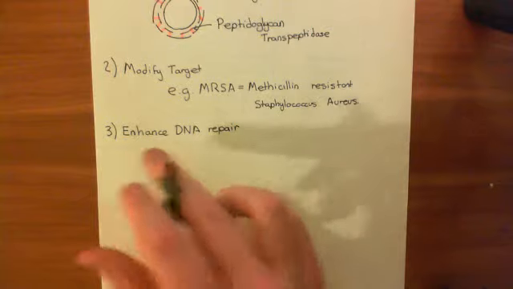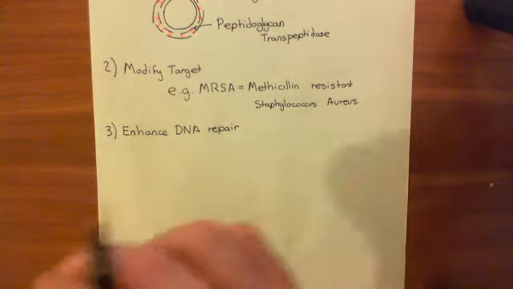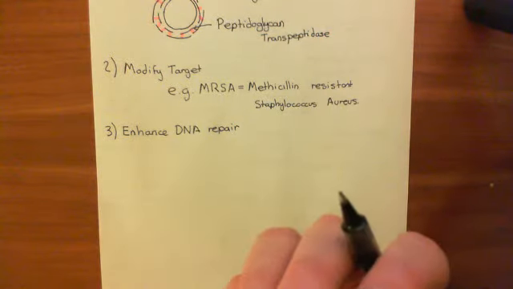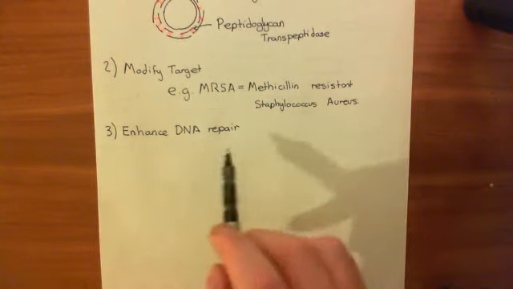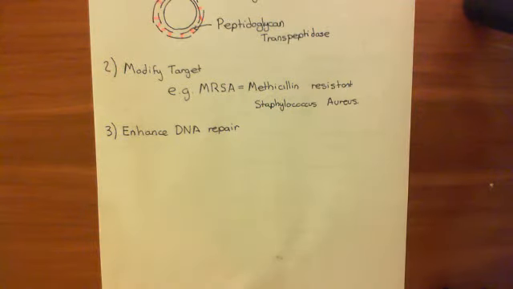Okay, so a way in which bacteria can become resistant to such drugs is by enhancing the mechanisms that they have for repairing DNA, i.e. by increasing the expression of the DNA repair machinery to repair the damage that these drugs are doing. Okay, so there's a mechanism by which you can resist